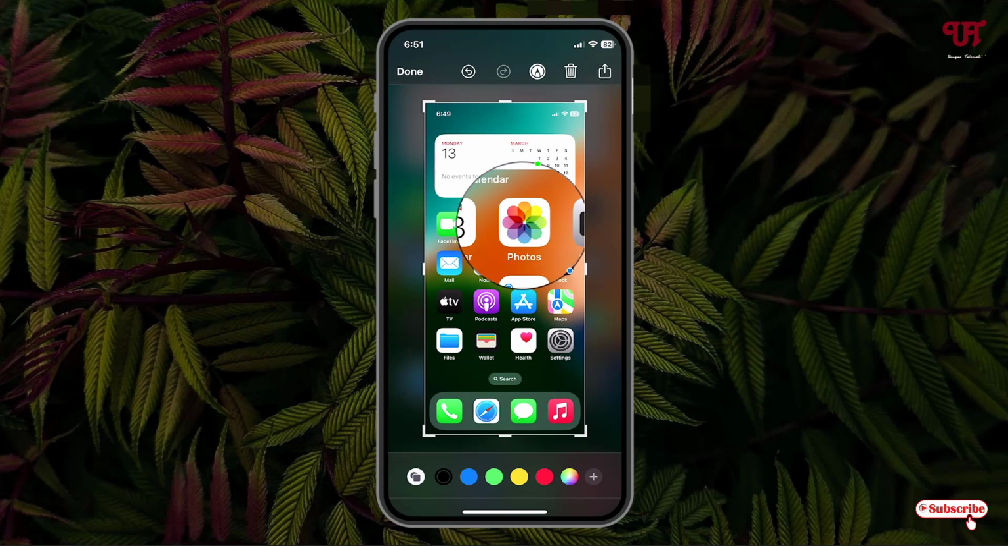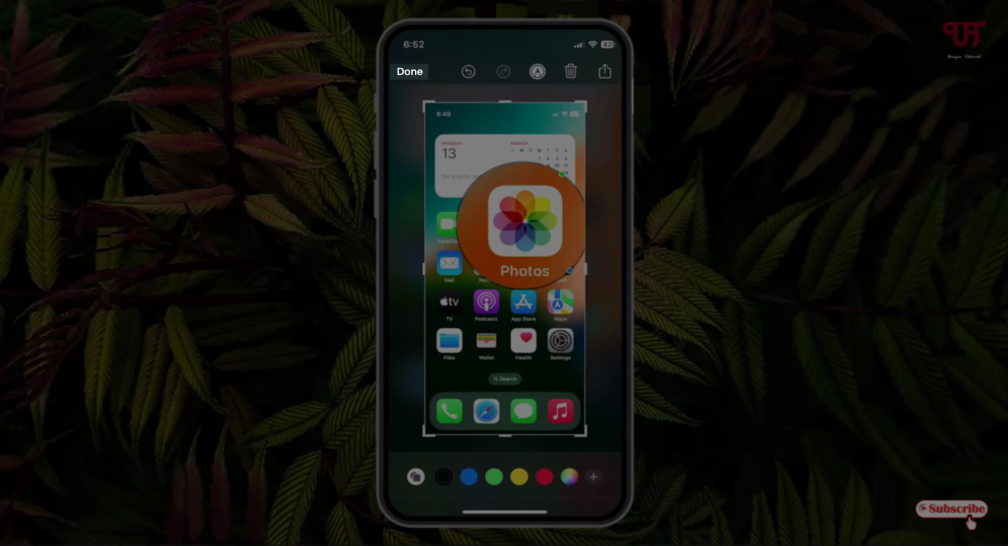And if you want to zoom in more on the photos application, then you can see a green dot on the circle ring. Just swipe it, so you can see here to increase or decrease more. So you can see here, and once you are done with your editing, you can see on the left above